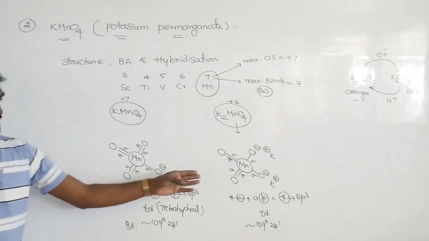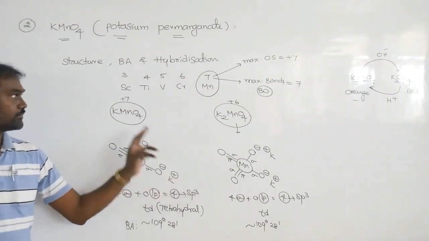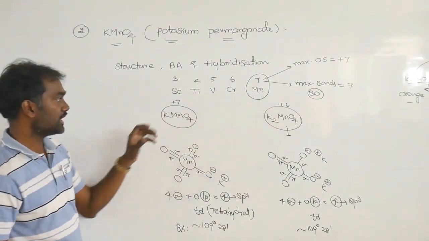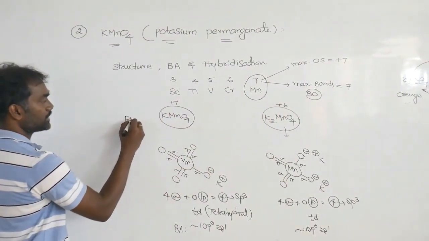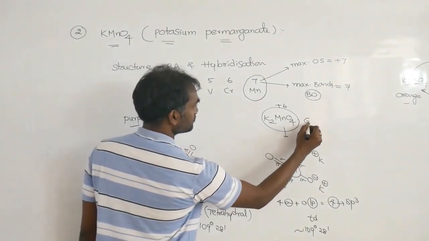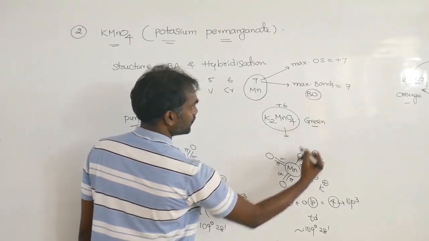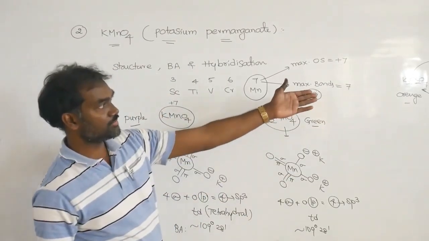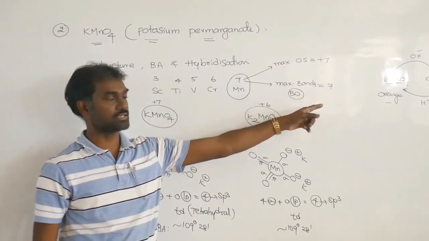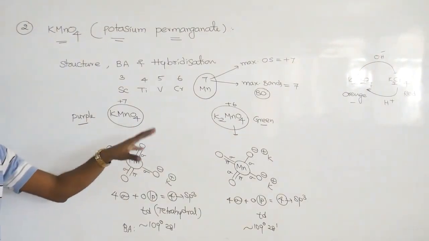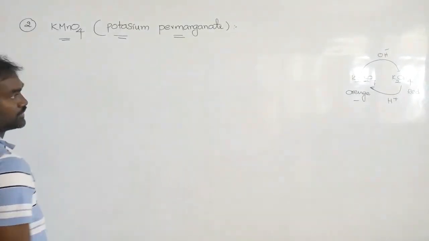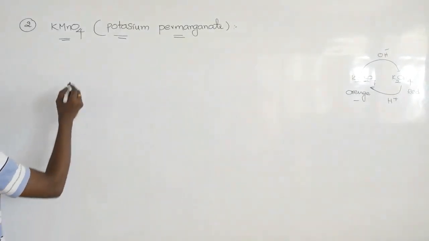So hybridization and structure of both compounds are same, but oxidation state is +7 here, +6 here. Color is purple here. It is green color here. So also in potassium dichromate and potassium chromate, that also we have discussed in last class. So these are also 2 important compounds. In KMnO4, now what you must remember means